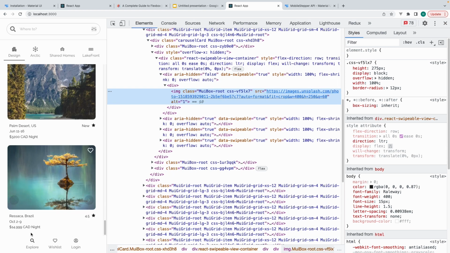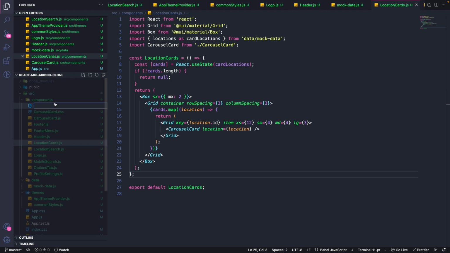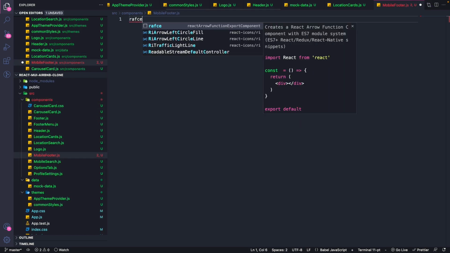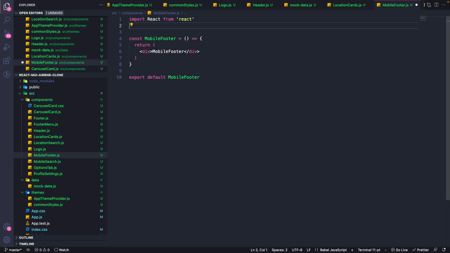If we want, we can add the additional footer which was being hidden upon hitting the mobile layout. So we could take that footer and put it into the main content right under the cards. So let's do that as well. Let's go to the components, create a new component called mobile footer, scaffold the bare minimum structure,